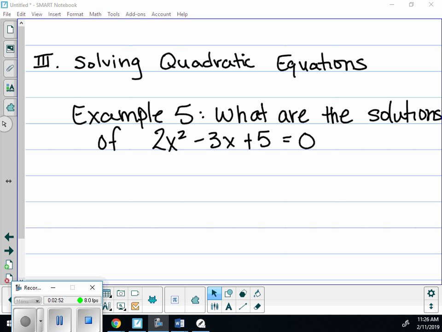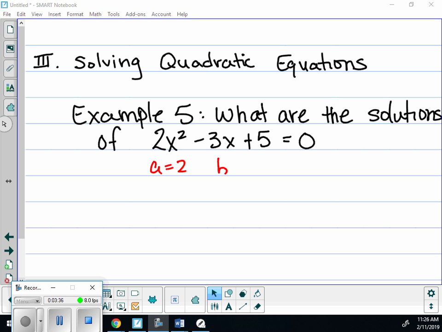When you see an equation that has an x squared and an x, the first thing that I want you to do is move everything to the left-hand side and have 0 on the right. Second thing I want you to do is see if you can factor that. Now, I'm going to tell you right now we can't factor that. Even if it was possible to factor it, if you don't see that it's possible relatively quickly, you should just move on to the quadratic formula. So since it is not factorable,